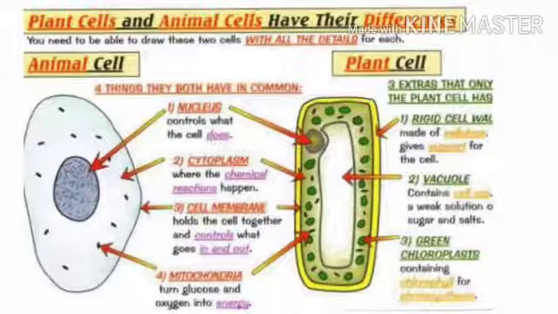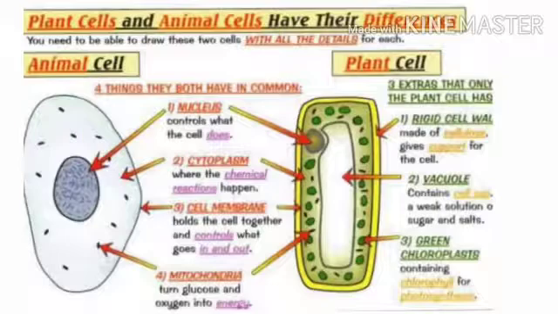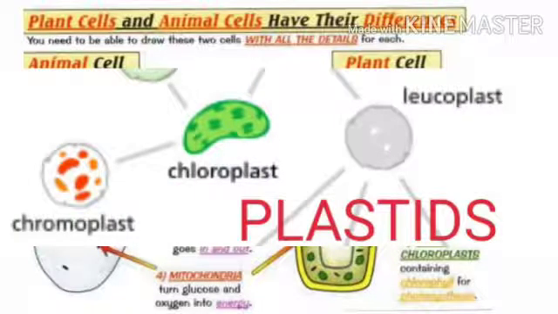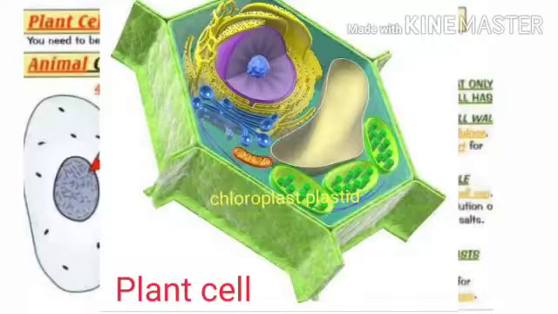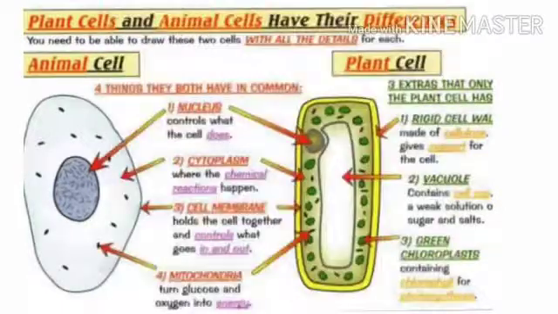Plant cells usually have big, large vacuoles, one mostly, or sometimes more than one. In animal cells, vacuoles are usually absent, and if present, like in amoeba, a protozoan, they will be small and temporary. Then plant cells have chloroplast, leucoplast, chromoplast, various kinds of plastids, helping them to give color or to store food and above all to carry out photosynthesis. They are autotrophs. Animals are heterotrophs and hence do not have plastids.